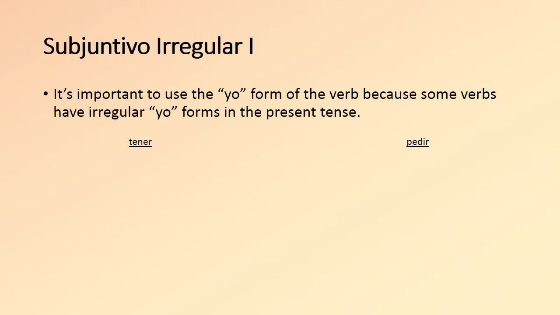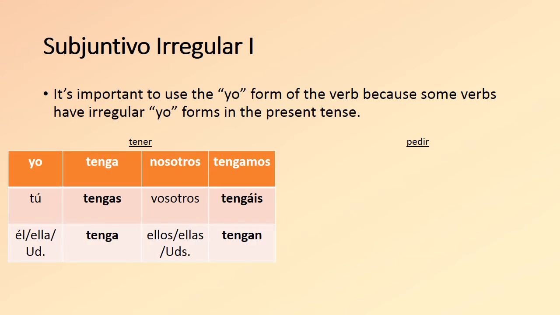Just like any tense in Spanish, we have some irregulars in the subjunctive. But in this case, they're not actually irregular. The subjunctive endings are totally normal. The thing that changes is the root. Because remember that some verbs have irregular yo forms in the present tense. An example is tener. The yo form in the present tense is tengo. So if we take off the o, we have teng, and then we have to add the opposite ending, which would be an a. So it goes yo tenga, tú tengas, él, ella, usted tenga, nosotros tengamos, vosotros tengáis, and